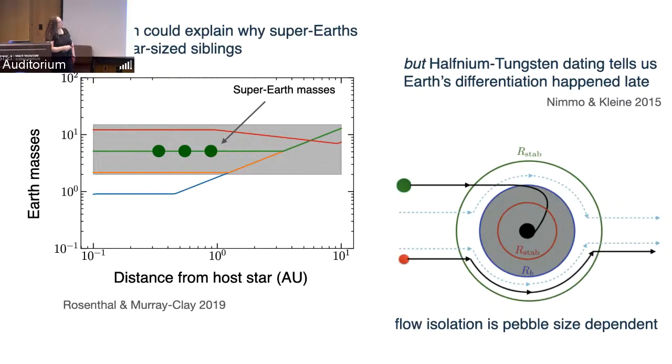If you form your planet early, you have your core differentiation early, and that can be before hafnium has decayed into tungsten. When it decays, it's still sitting around in the rock and you can have a lot of tungsten. Earth does not have enough tungsten. And this suggests that you're actually forming it at 30 million years.